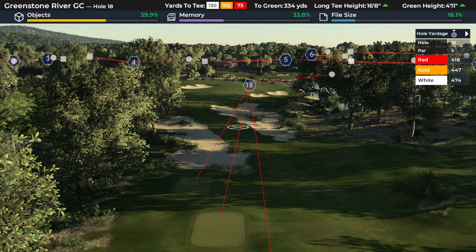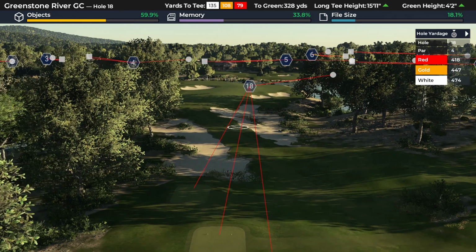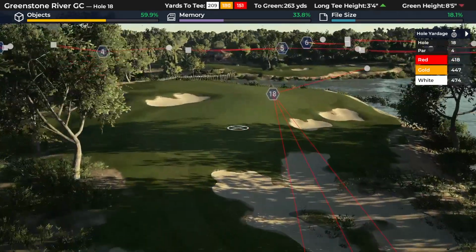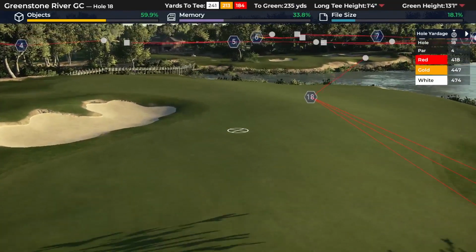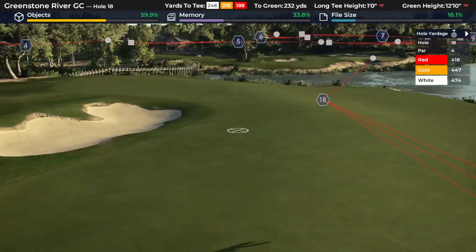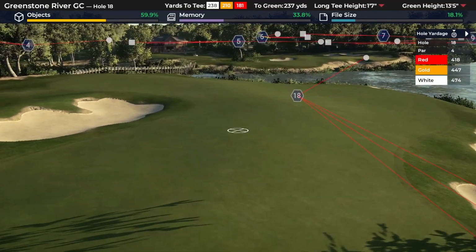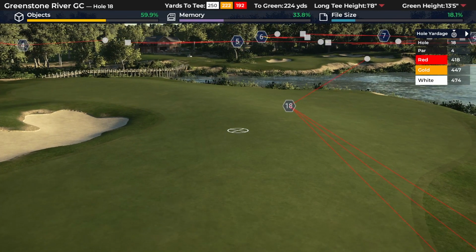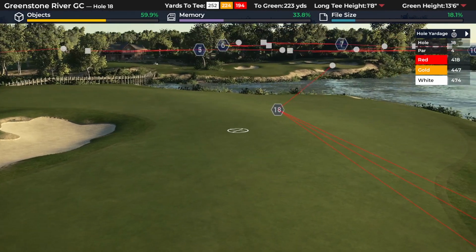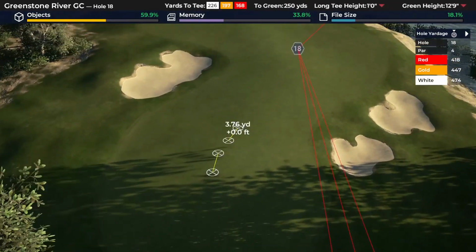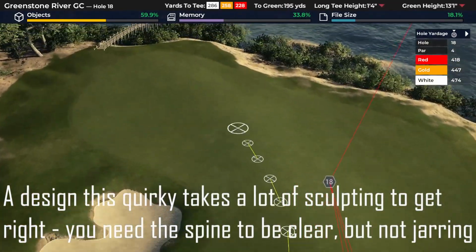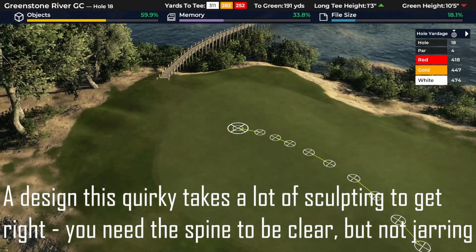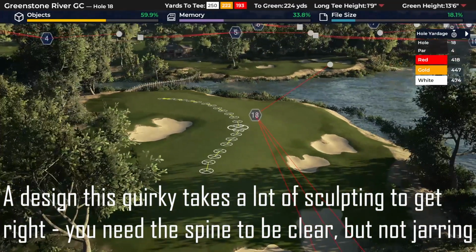So we're going to finish up by looking at one final twist, and that's the 18th at Greenstone River. Now, I did soften this when I paused it, but the original version was very, very harsh with the spine really protruding. It still functions in exactly the same way, it was just my 3rd course. So, what's interesting about this one is that the spine does not follow one straight path, it kind of curves around